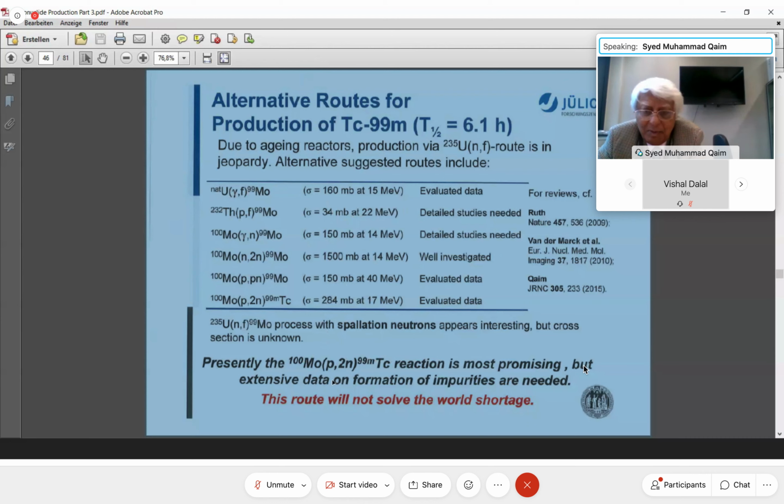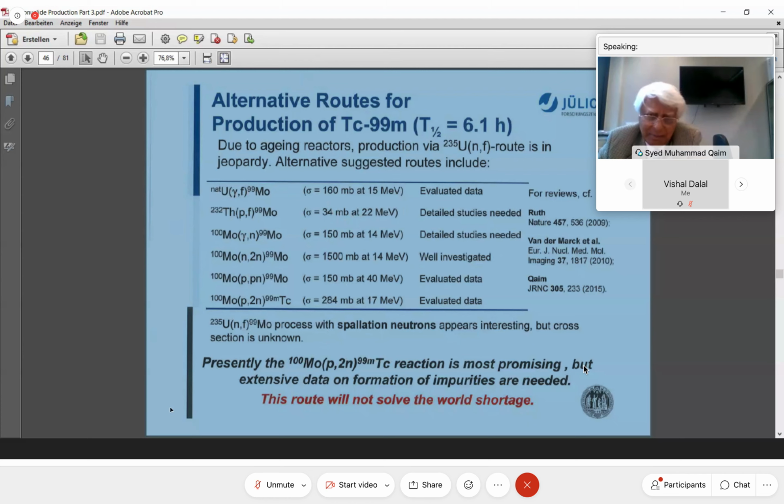It will not solve the world problem because of another reason also. It's difficult to produce. If you have a molybdenum-99 column, each morning the nurse can take sodium chloride solution, pass it through the column, and technetium comes down. It is so simple. Even a simple nurse in the hospital can do it. There are even so-called kits. One takes this solution into a different ampule where there is some prepared chemical compound which combines with technetium and it gets labeled radioactive. So very advanced systems are available.